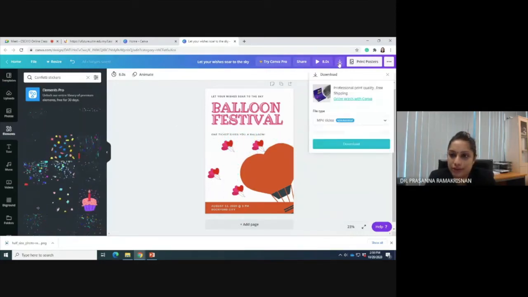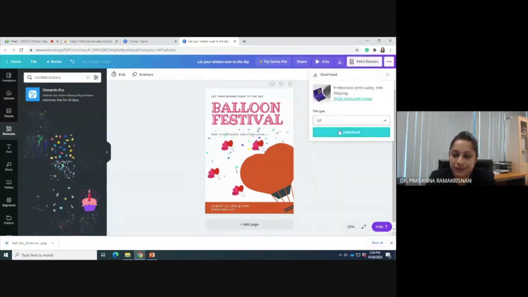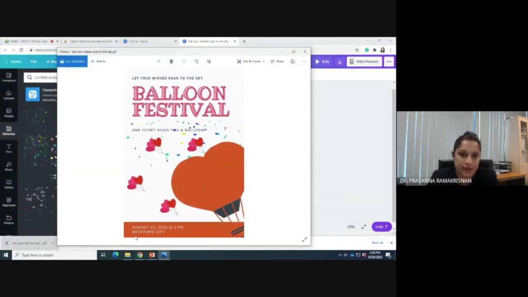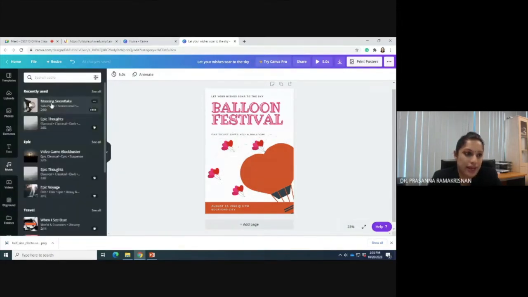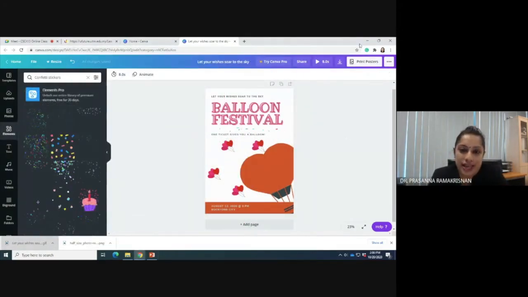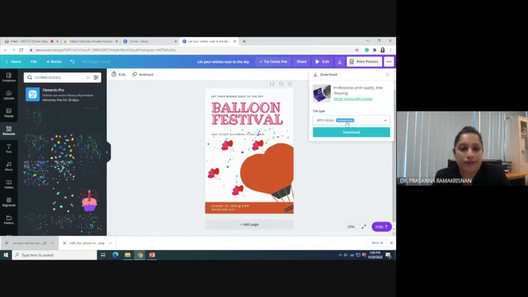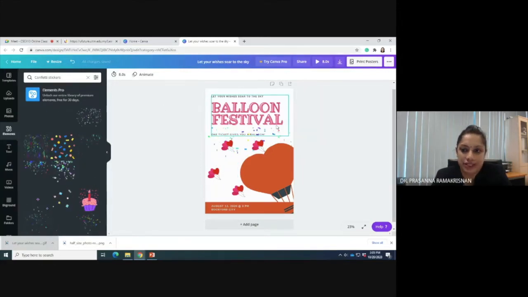So when I download as GIF first, you get a GIF poster without any audio. Let's say you want to add audio inside here, it is also possible. When you click on more, there will be music. You can add on the music, whichever is free, or you can also upload any music if you have. So there will be music following your poster. If you add audio and you want the music to play together with your poster, then you download as MP4. So this is one sample.